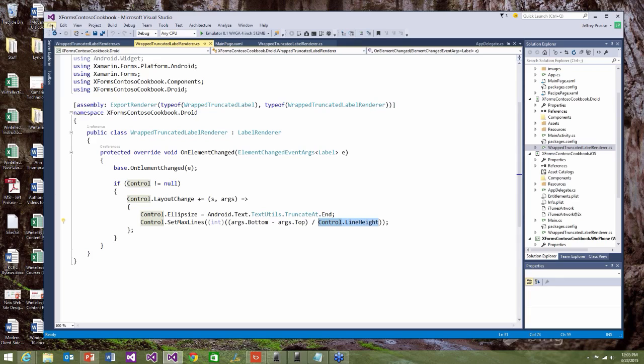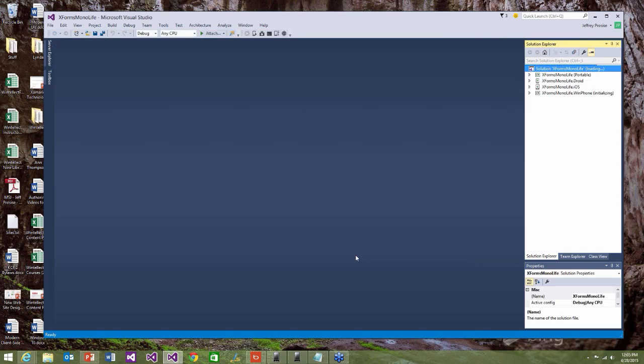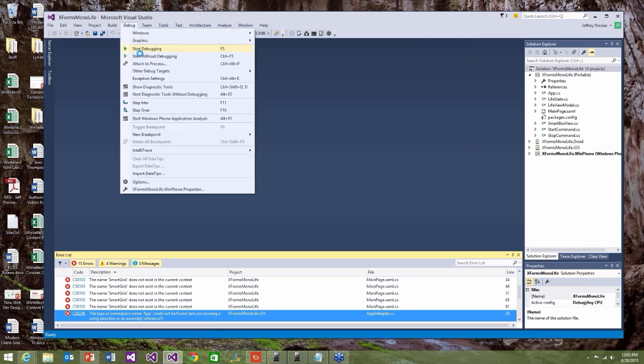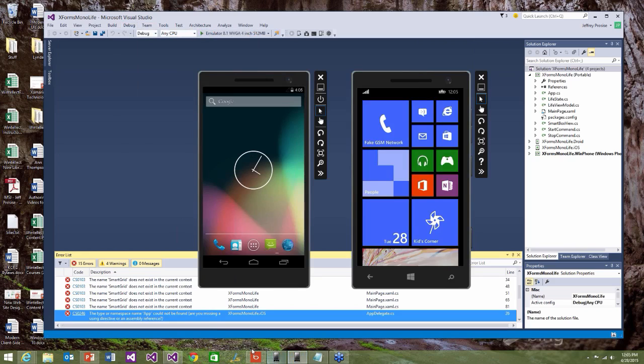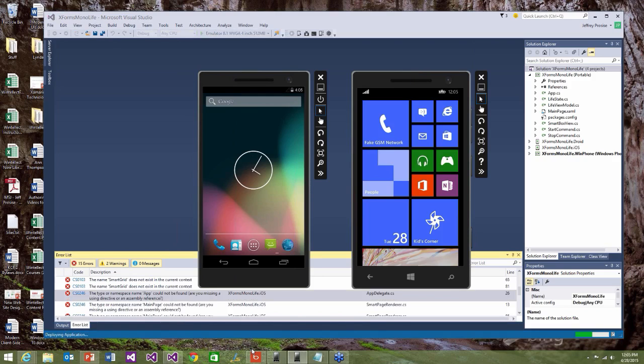custom renderers. Just real quickly, because I realize we are out of time, let me show you a project here that you can download. This is something I originally wrote as a universal app for Windows, but now that I've ported it to Xamarin Forms, it runs on Android and iOS as well. It's called Monolife, and when we run it, it looks like Windows Phone is the default, so we'll just start debugging right there. You will see a Xamarin Forms implementation of John Conway's famous Game of Life, one in which